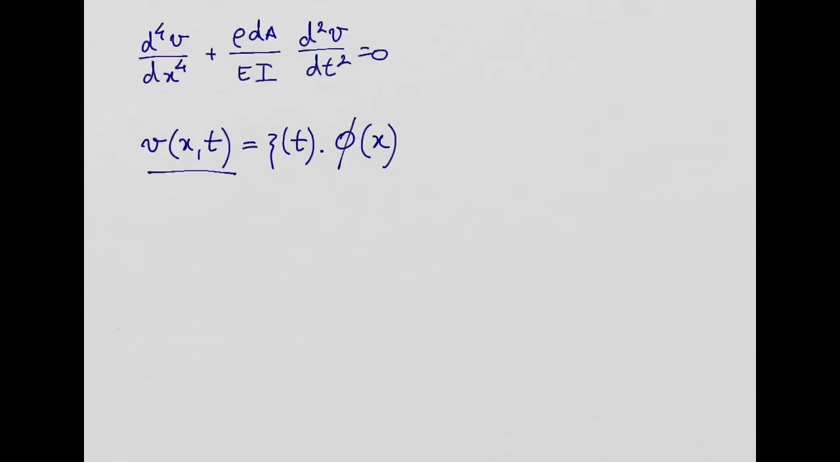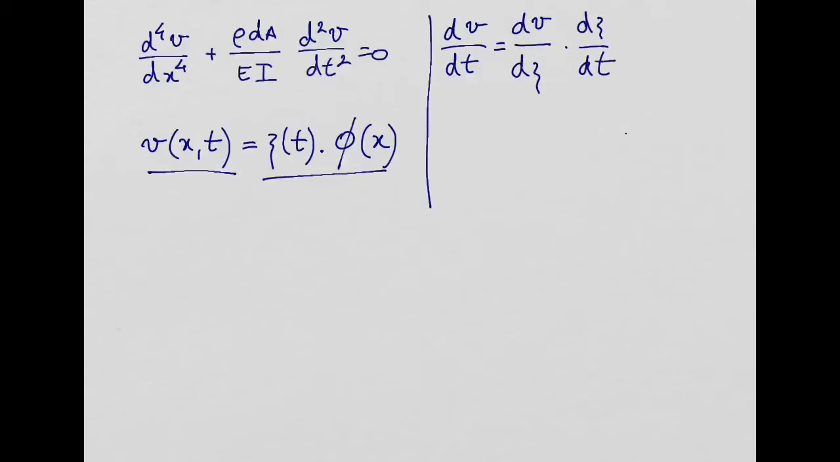Let's start with the derivative. So we can maybe do it here. Derivative of the deflection in order to time, the first derivative. So is going to be equal to what? What do you think? It is going to be equal to the derivative of the deflection in order to xi times the derivative of xi in order to time, isn't it? The chain rule for the derivatives,